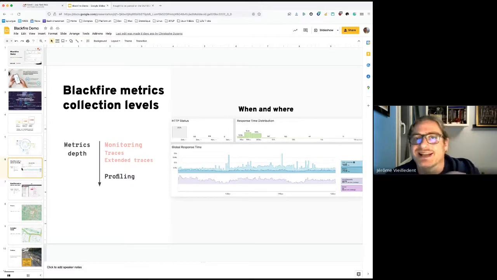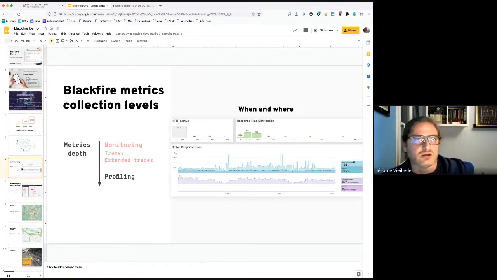We also have extended traces. Extended traces have a bit more overhead because we go a bit deeper to collect more live information, like interaction with the database, giving you the opportunity to identify which SQL requests were the longest, or the interaction with your Redis server, or with your RabbitMQ server, or your Elasticsearch, whatever.